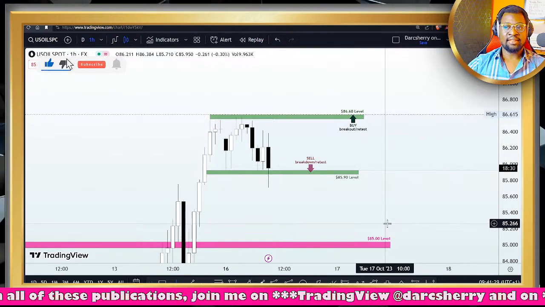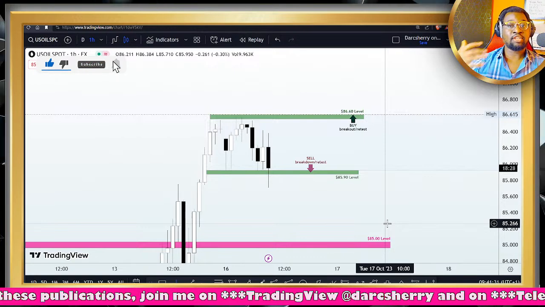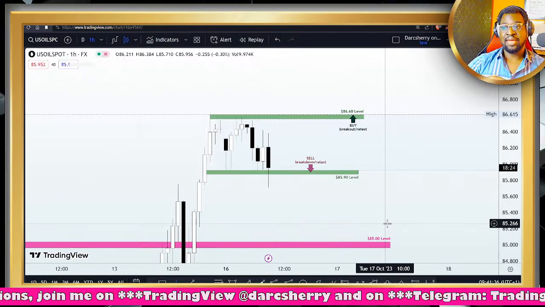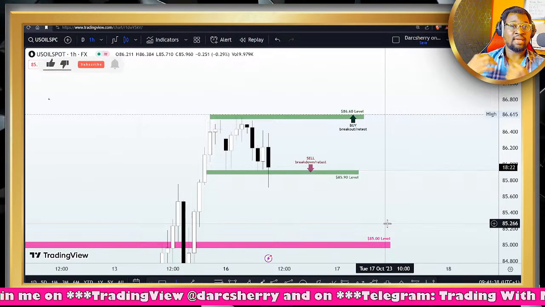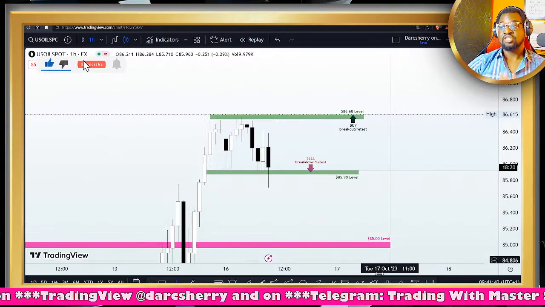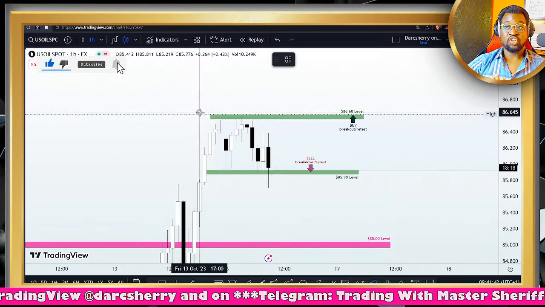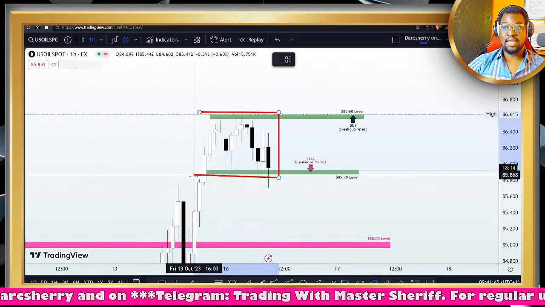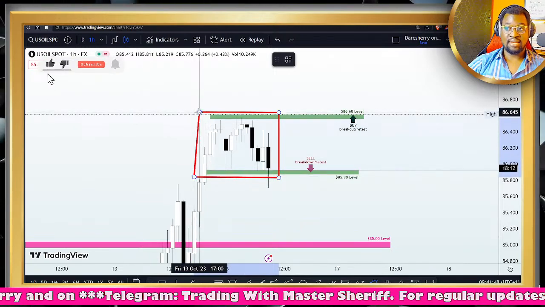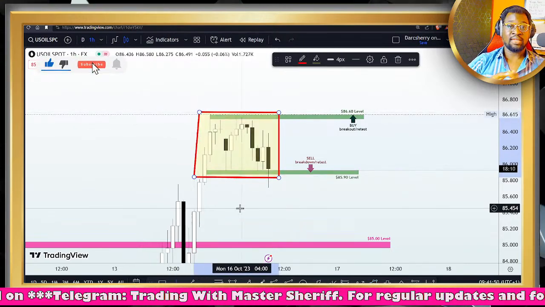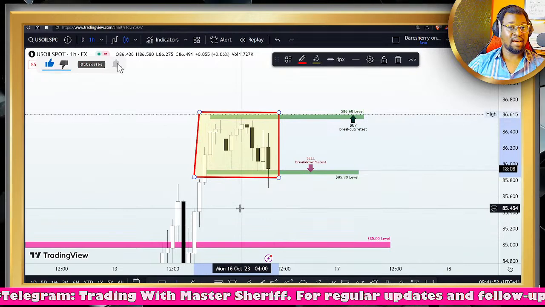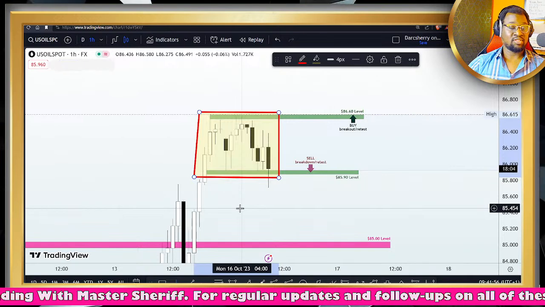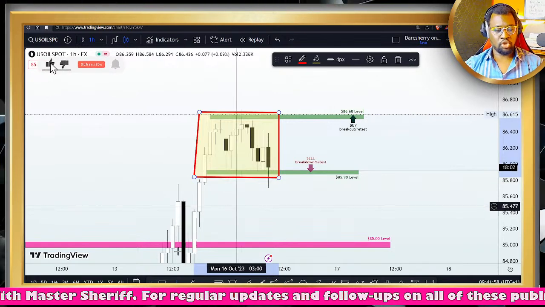Now, if you look at the structure and look at the nature of trading activities since the beginning of this week, it is quite clear that we are in an indecisive phase. As you will see, price action is currently confined within a range between the $86.60 level and the $85.90 area to emphasize the level of indecision or uncertainty at this point in time. So it just shows us that